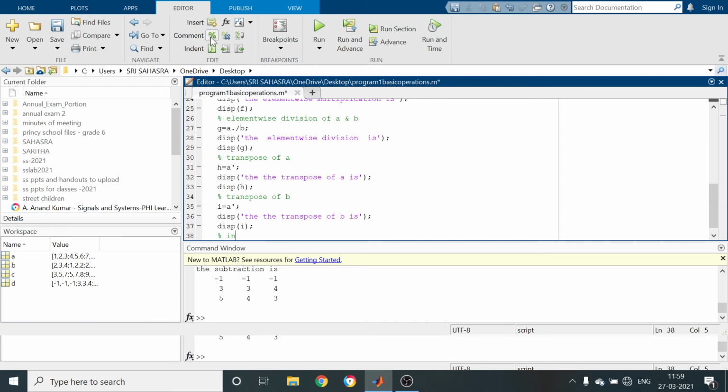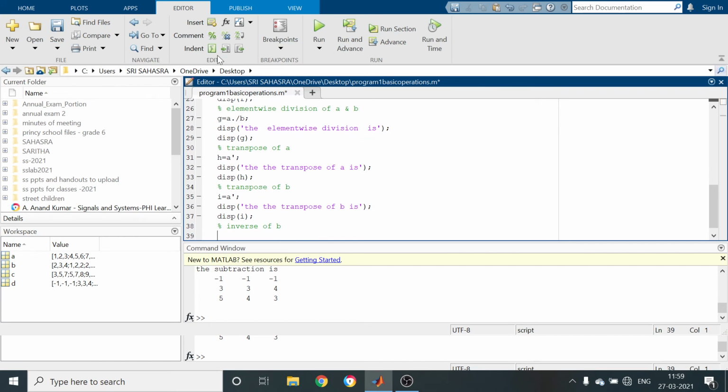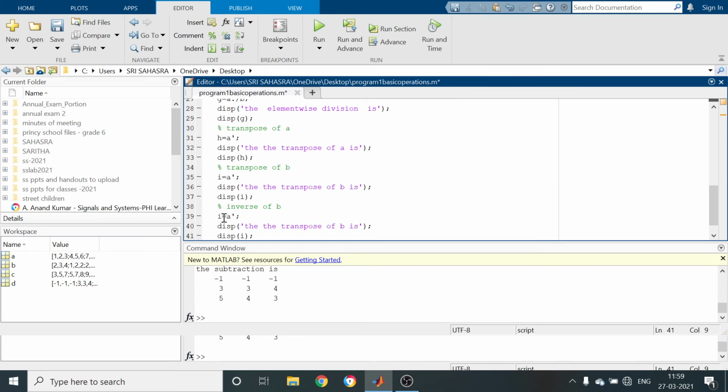Just here I will do it for only one, inverse of B. Control copy, Control V. J equal to, to calculate inverse we are going to use the standard command INV of B. Inverse and disp here J.